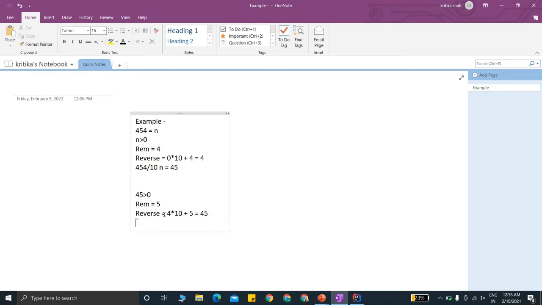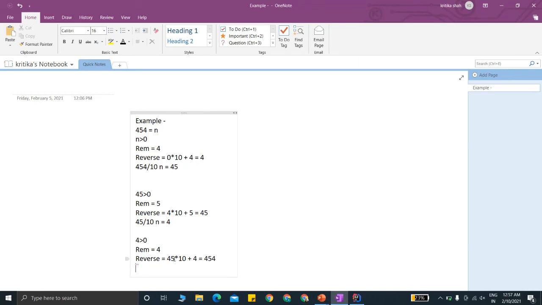Now we'll again divide 45 by 10, which will give us n equals 4. Again 4 is greater than 0, which gives us remainder as 4. The reverse, after the second iteration, was 45. So 45 into 10 plus 4 will be equal to 454.